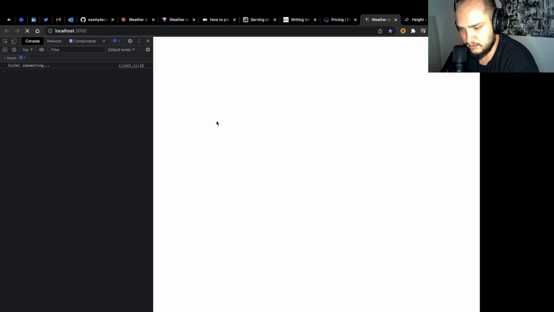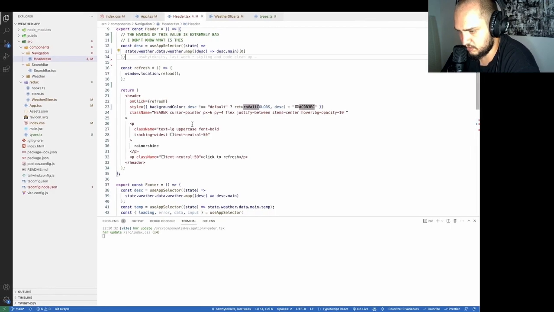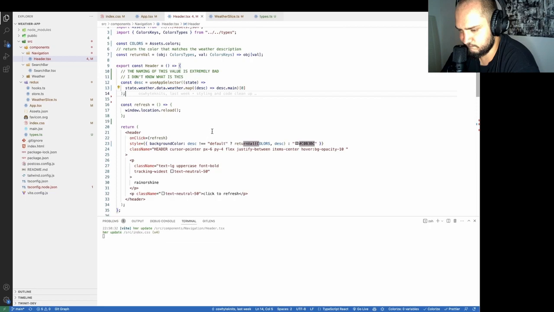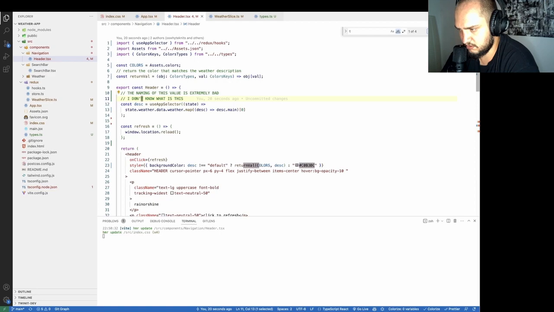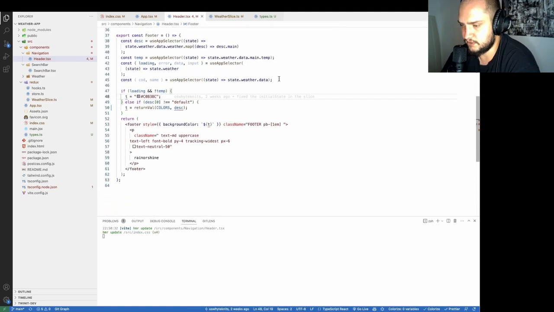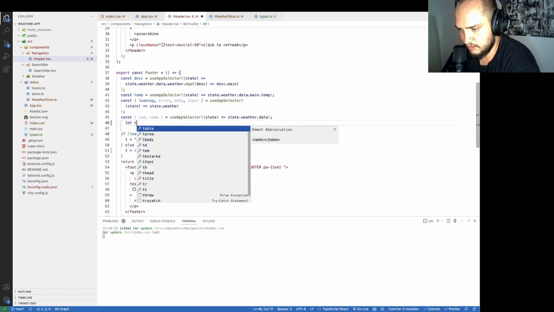And T is not defined header. Do you use T somewhere else? I don't think so. You use it in footer? Okay, yeah. So because it was in the scope, so let me just do it like this. Let T for now,